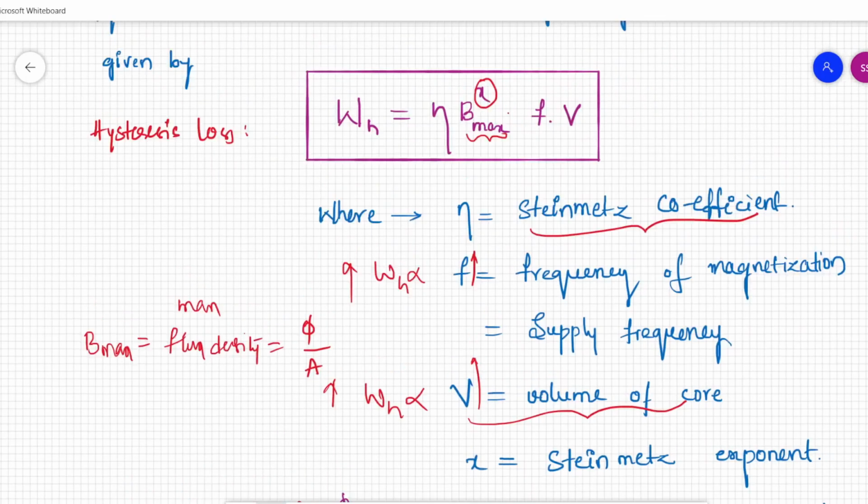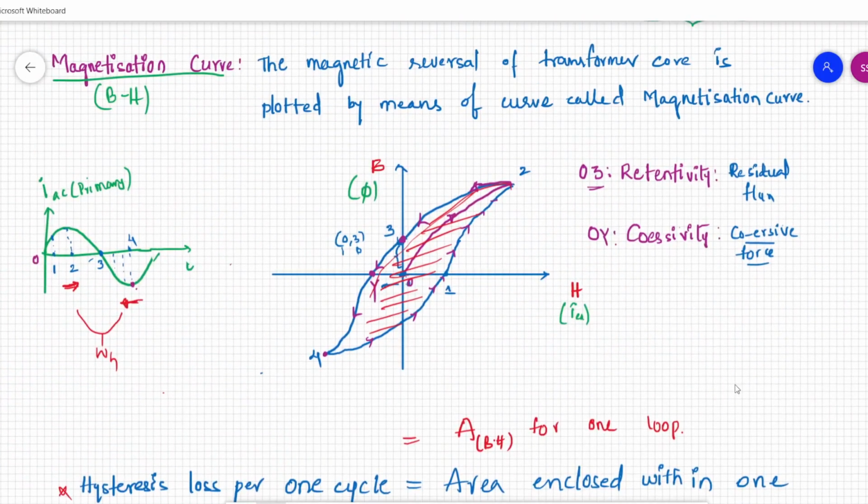So let us go back to the BH curve. Here you can see, I'm taking this green color. Up to this point, the current was increasing linearly. But after this point, the flux is not increasing from position A to position B. The flux is not linear. It is having some constant flux here. You can see the change in flux from A to B is not as much as the change in current from A to B. That means I can say the core is saturated. There will be no increase in flux if you increase the supply current beyond some limit.